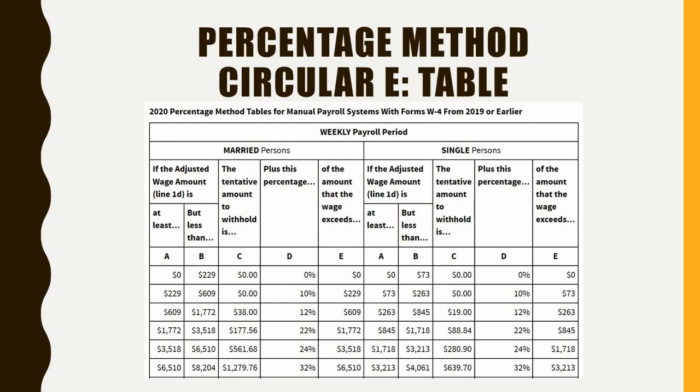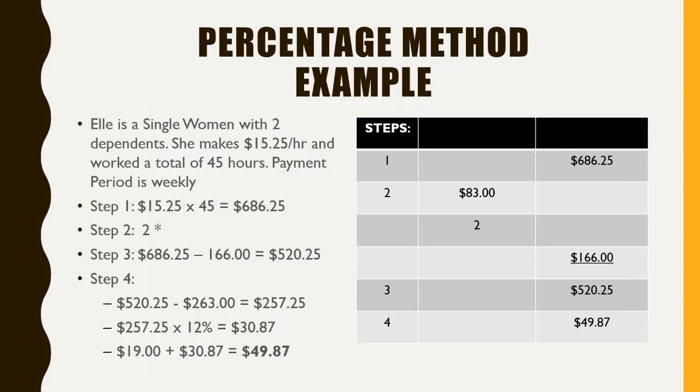Okay. So with that being said, now that we know that that's the section that we belong to, this is where we're going to start calculating our total federal income tax withholdings. First things first, we're going to take our amount of taxable income, $520.25. We're going to subtract the amount that the government has given us, because this is the money that we get to keep. So we subtract this $263